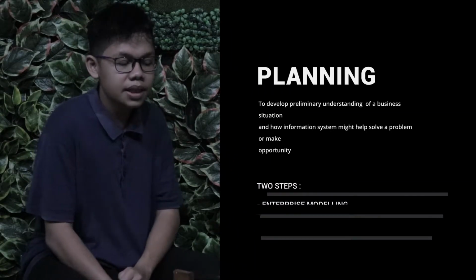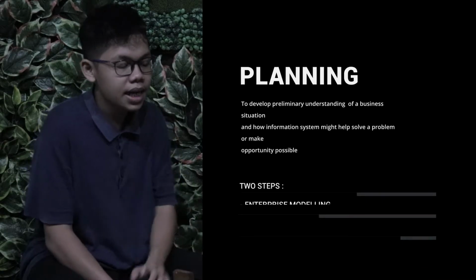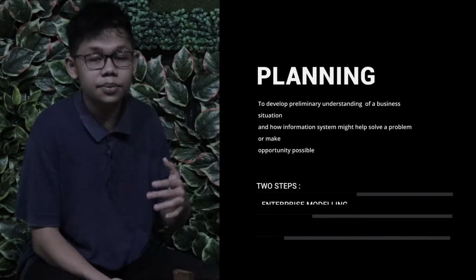It consists of two steps. The first one is enterprise modeling. There, we analyze current data processing, analyze the general business function and the database needs, and justify the need for new data and databases in support of business. The second is conceptual data modeling. The purpose is to identify the scope of database requirements for the proposed information system and to analyze overall data requirements for business